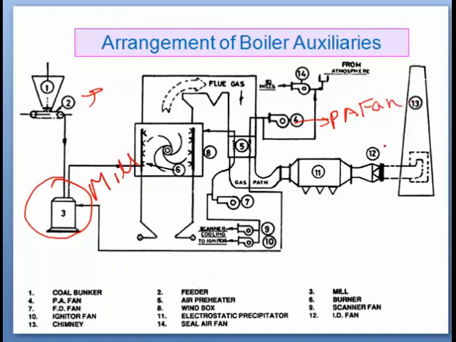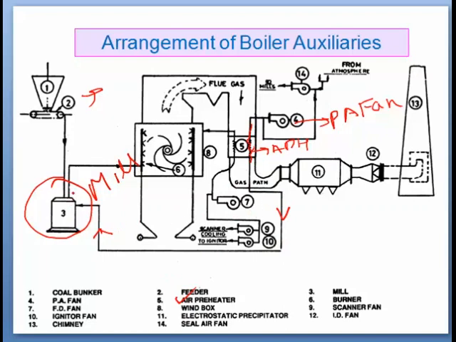You can see that the PA fan takes air from the atmosphere through the air preheater, this is the APH, the 5th number. Through the APH it goes to the mill, from where